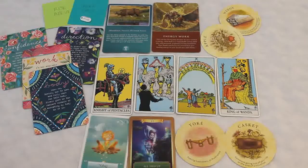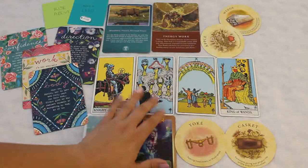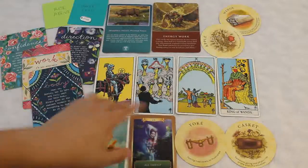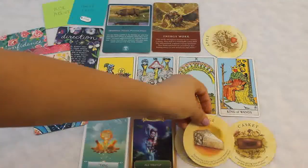And then the last one, casket: someone going out of your life, or the end of a situation. So I am not going to go with the obvious. Life happens the way that it does. I feel like it's going to be the wedge. Whatever it is that comes between you, this temptation that you have because of the way that it is,